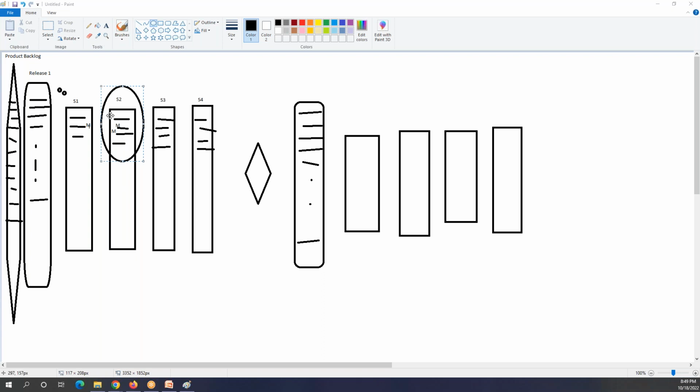How many smoke tests do we have before this sprint 2? Only one, right? Yes, that is correct. Now, how many total tests do we have before sprint 2? 3. That means these 3 are regression.